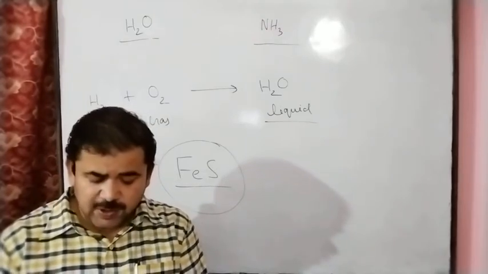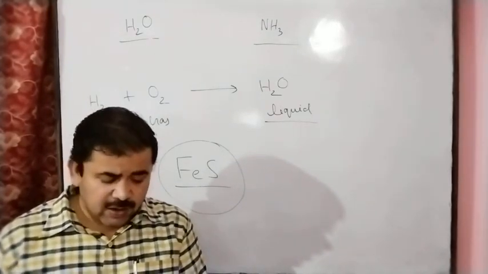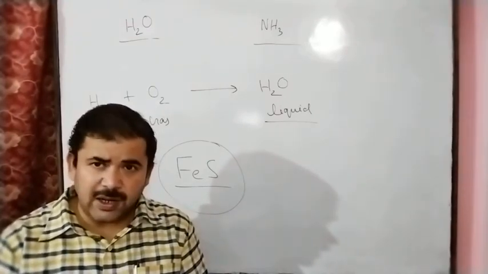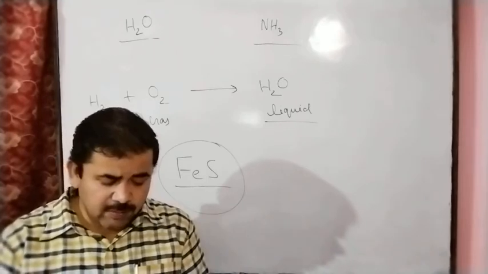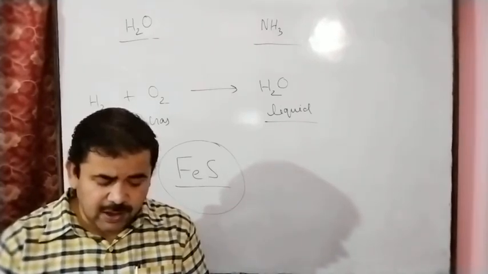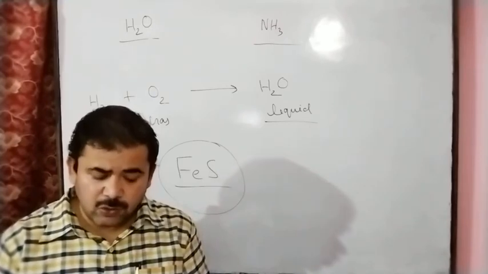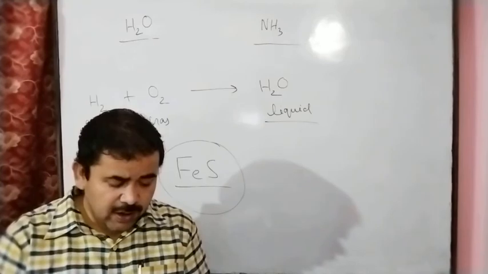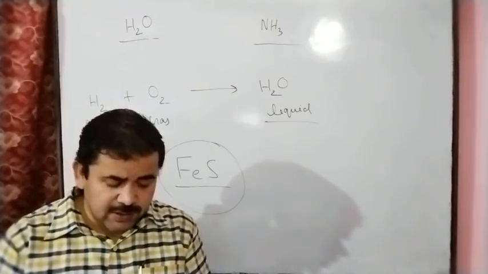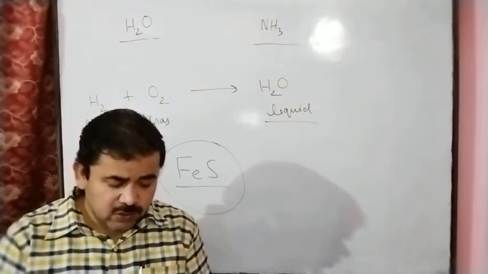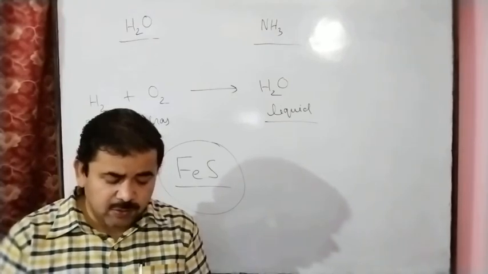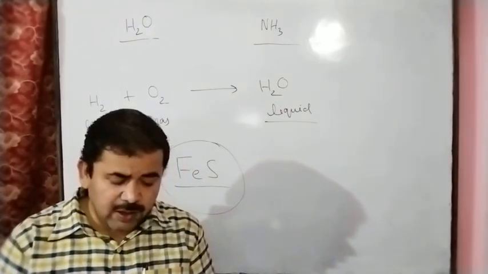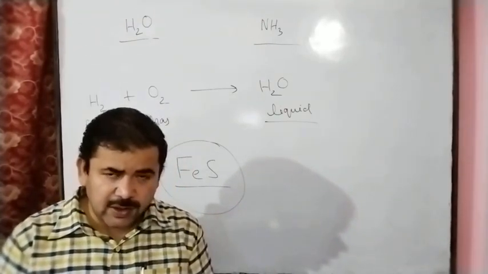Elements are represented by symbols, and the symbol of sodium is capital N, small a. The elements present in common salt are sodium and chlorine. A compound is a substance made up of two or more elements. The properties of a compound are different from those of its constituent elements.